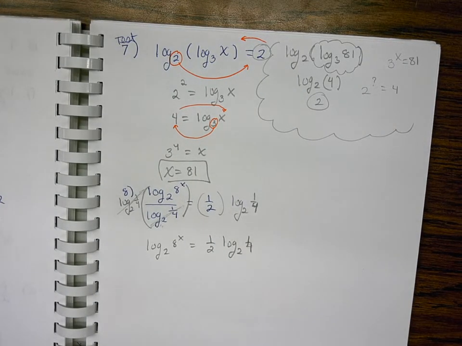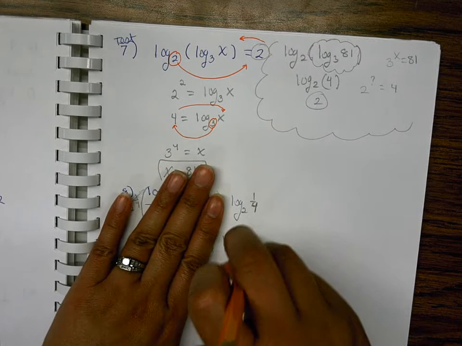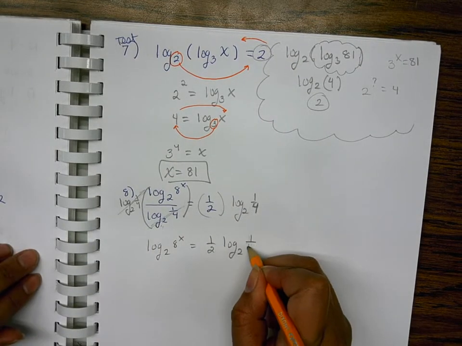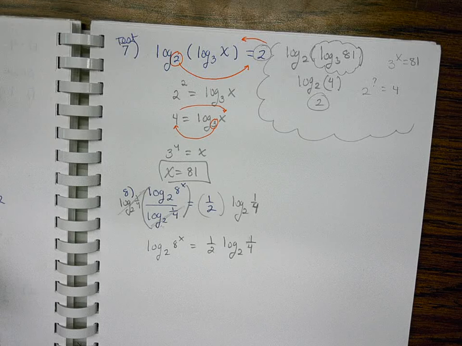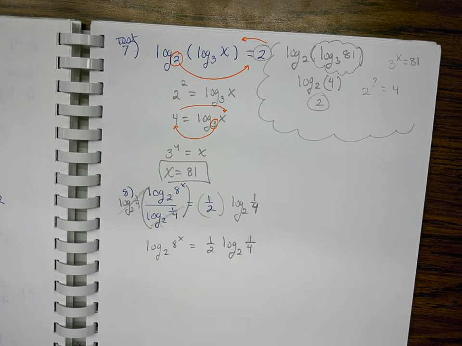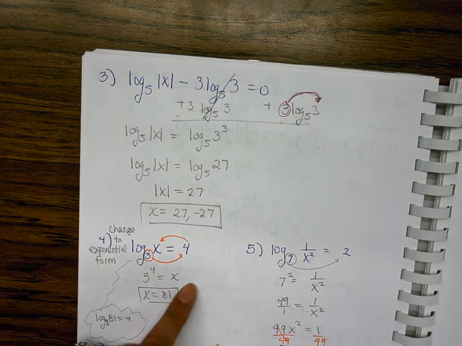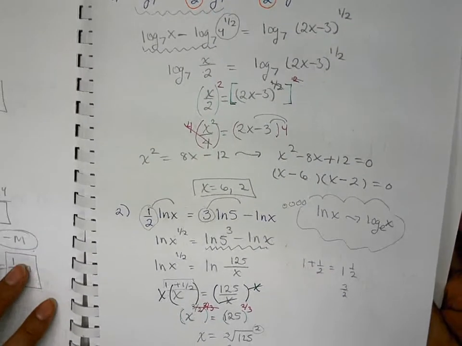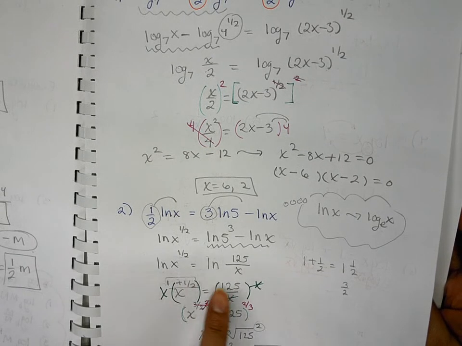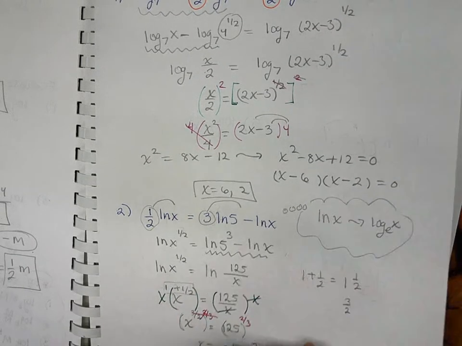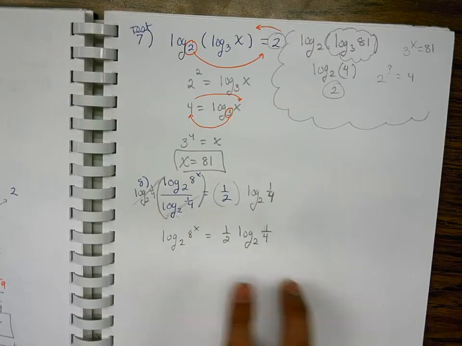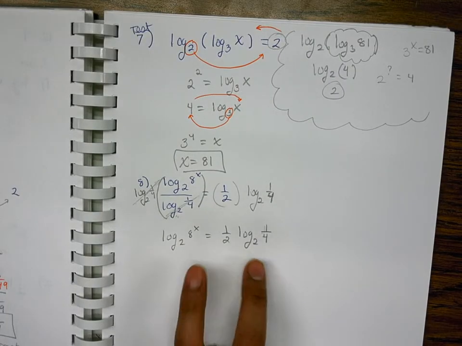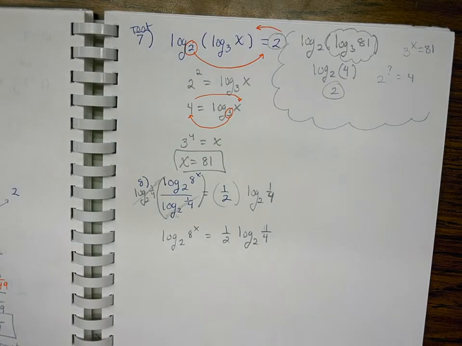Now, think about what kind of problem this is. Is this one where we are going to wrap around, or where we're going to drop the logs? Because you have to understand the difference. When do we wrap around? We wrap around when there's one log on one side and a constant on the other. When do we drop the log? When there's a log on each side. One log on each side, we're going to drop the logs, but I'm hoping everybody is saying, wait a minute,